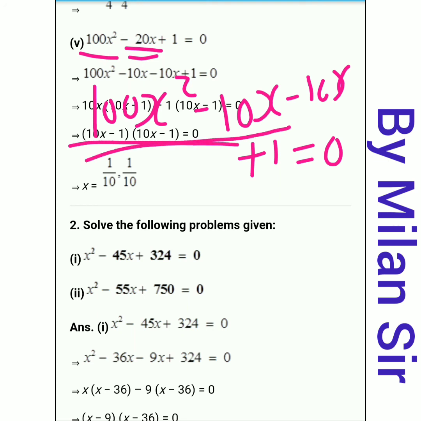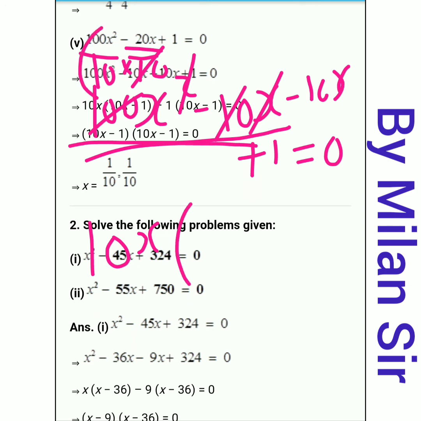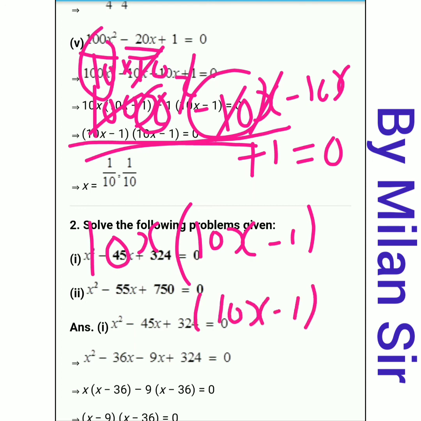Now from the first two terms we can take 10 as common and x as common, right? Because 100 means 10 tens are, so we cut 10 because we take it common, and x we cut here. Okay, and from the second term 10 cut, x cut. Now what is remaining in the first term? Here plus 10 into x, so it is 10x. And in the second term nothing is remaining, so we write 1. Okay, now the same bracket we write again, 10x minus 1.